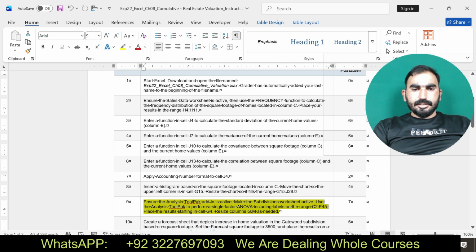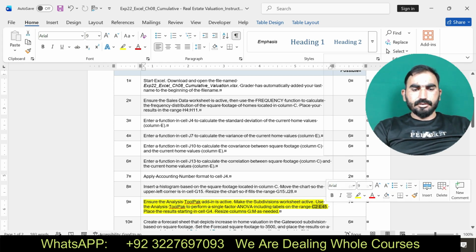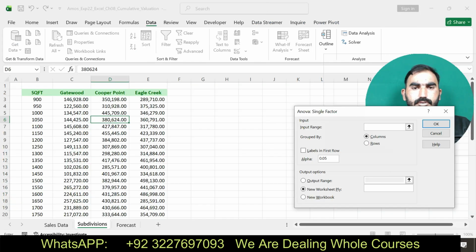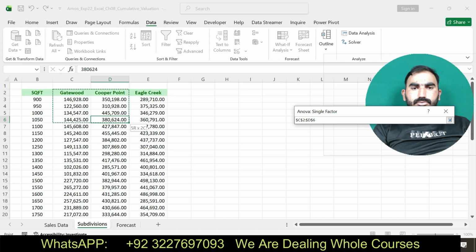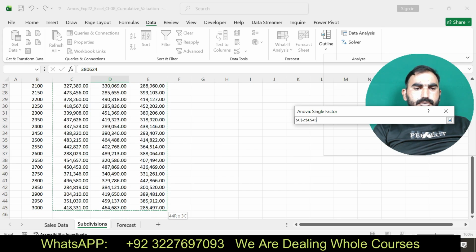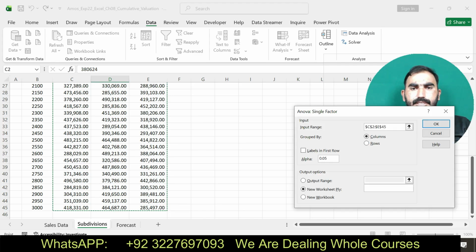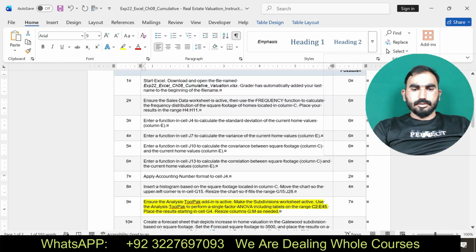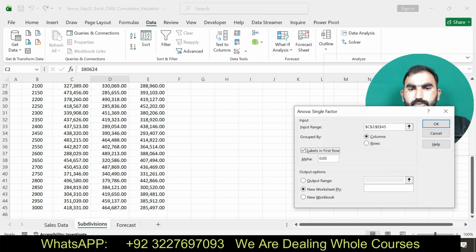Okay, and the range is C2 to E35. Okay, and the output range is G4.